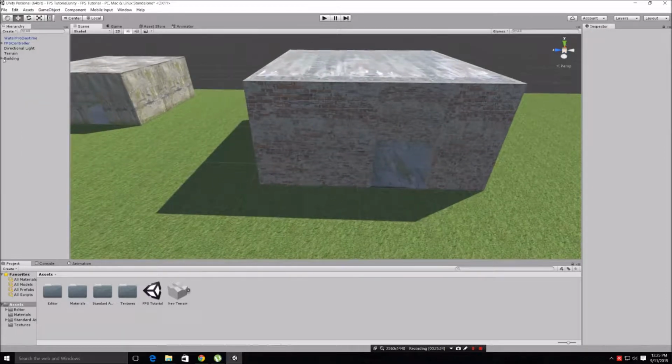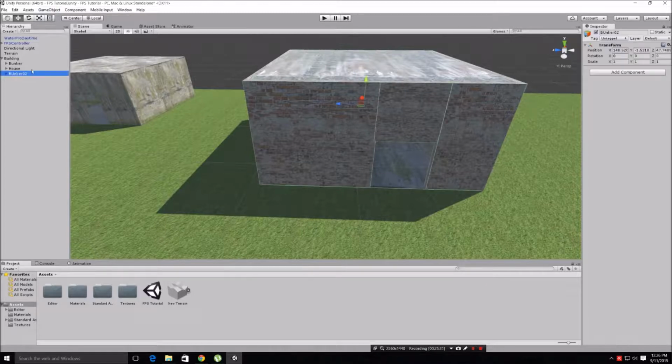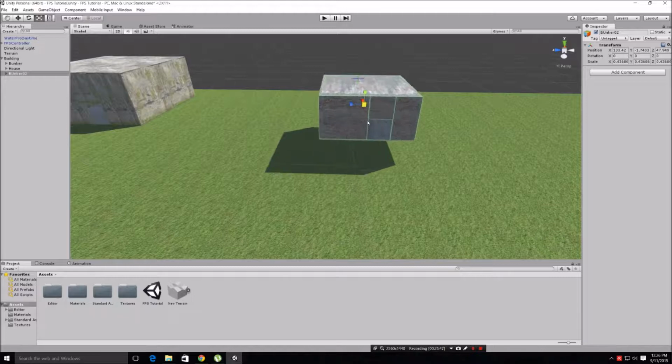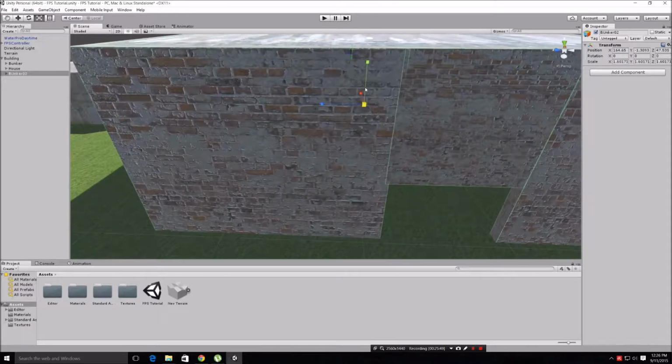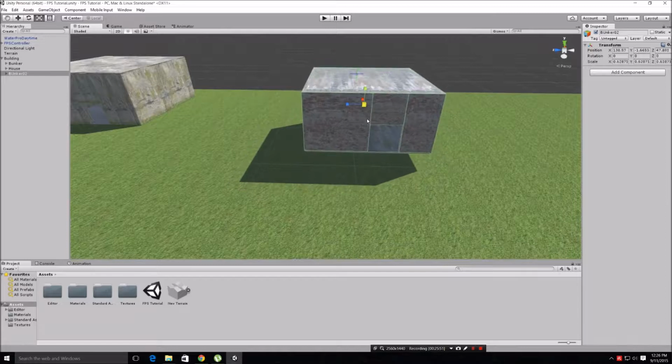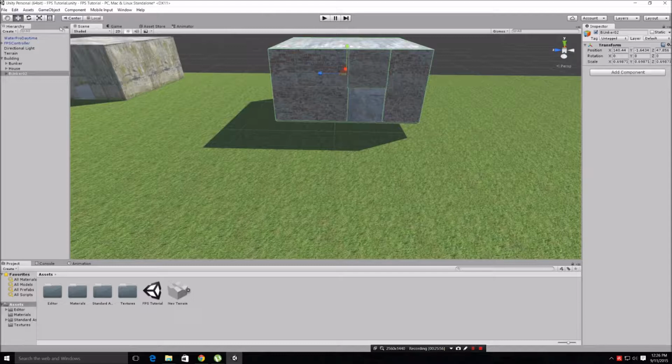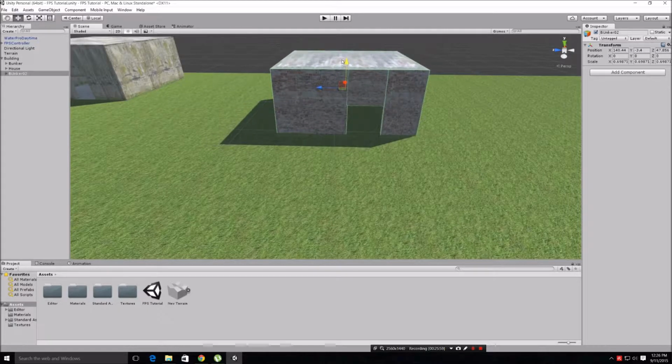I'll just quickly show you something else as well. Now that you've got this sort of base for a little bunker thing, you can resize it to anything you want. Like if I click on the bunker like that and click this, if I actually hold the middle one in here instead of pulling it just in on the X or Z or Y axis, if I just click on the middle one and hold it and then pull back, I scale the whole thing equally down, and I can also push forward and scale it equally up. So you can make it as big or as small as you want, like that. I'll probably make it a bit smaller, and then just make sure you bring it back down to earth,